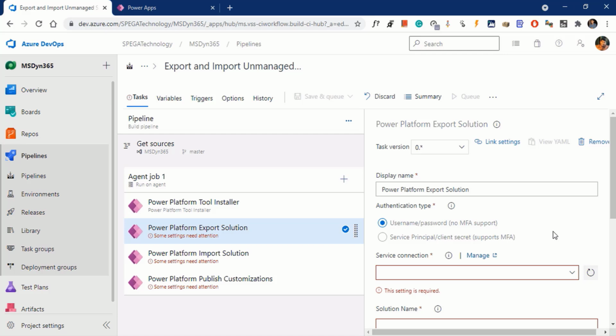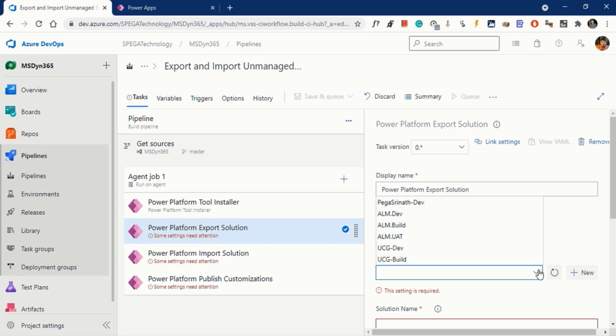Earlier, we created the application user in Dynamics, the service connection in Azure DevOps, and the app registration in the Azure Portal. So we'll utilize those things here. Select the service principal with MFA and click on refresh.